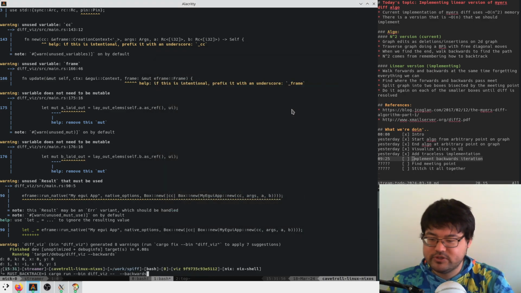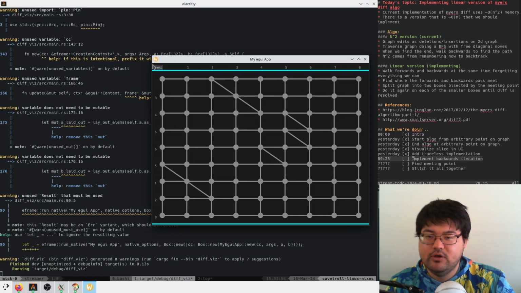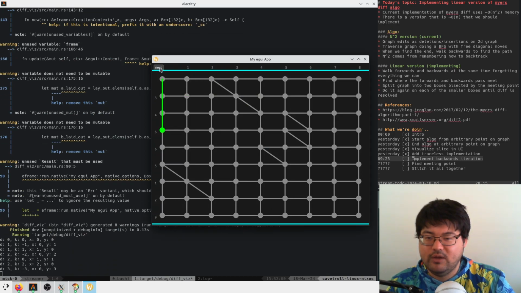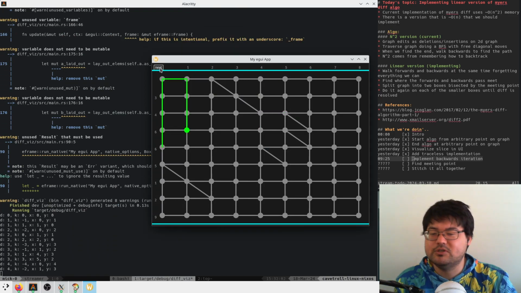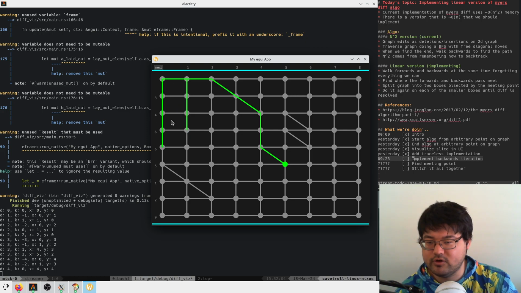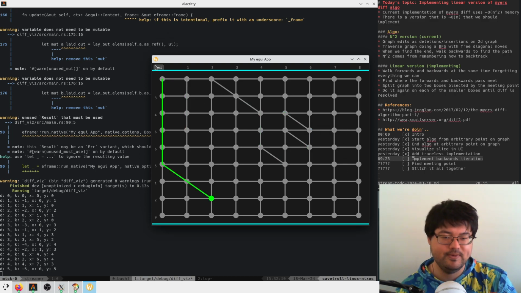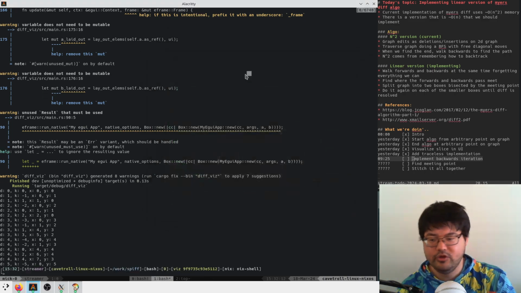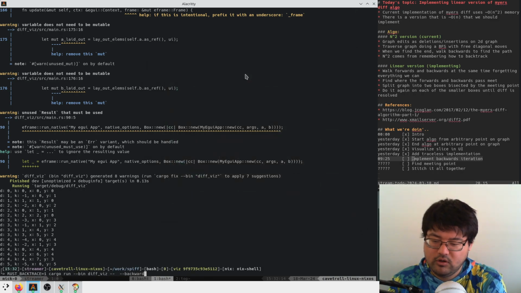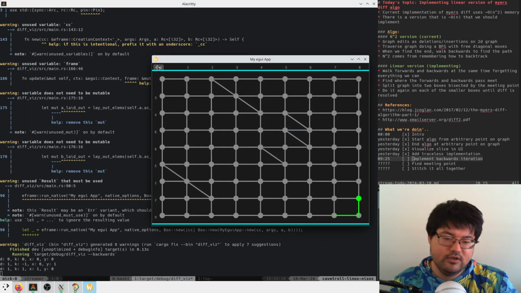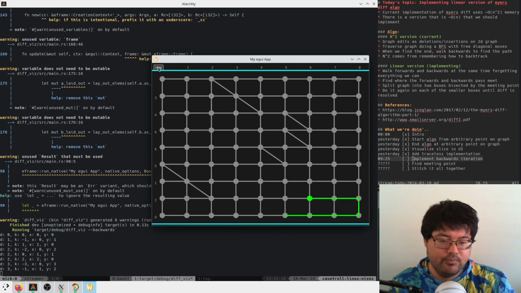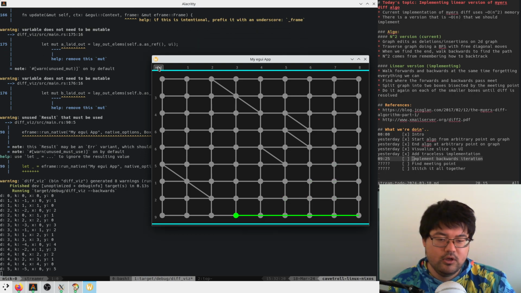Well, let's look at the forwards version again. Forwards, he goes down first, then up. So actually, this is what we expect. We go down first when their axes are inverted. So he should go left first in the backwards pass. So let's look at that again. I don't think that's it. So he goes left here,